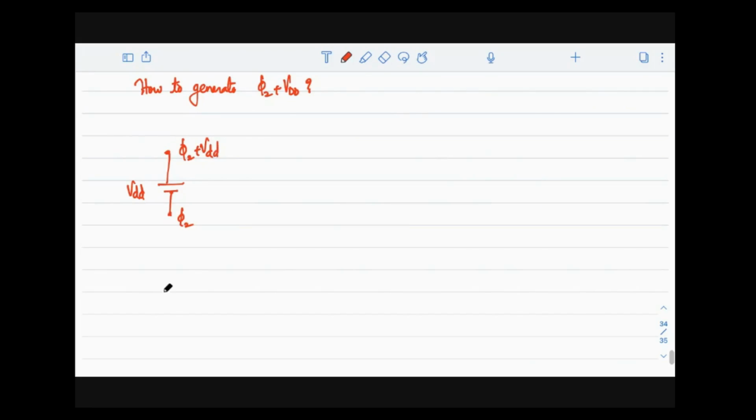We can take a capacitor. We can charge the capacitor to VDD, and I can connect it. So if I have phi 2 here, I need to charge this to VDD. Since I need to charge this, I'll connect a switch, and to this portion I'll connect VDD. Right. So whenever the switch gets closed, the capacitor will be charged to VDD, so at this point I'll get phi 2 plus VDD. Is this clear? Whatever I'm doing, is it clear?